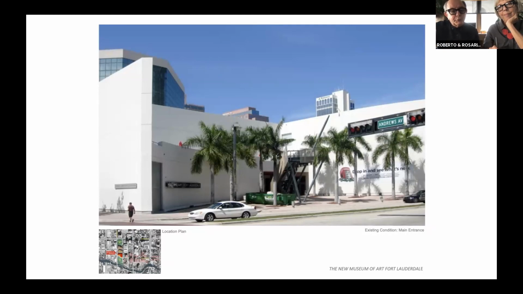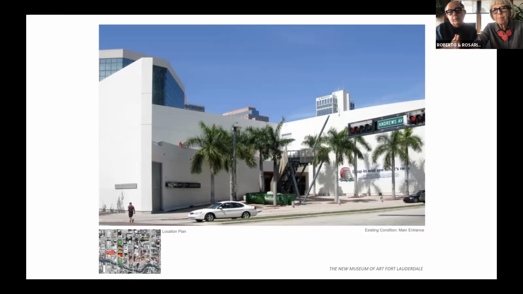After doing the living room, it had a great degree of success here, there, more or less everywhere. And the Museum of Art in Fort Lauderdale asked us to somehow attempt to correct, again, a bunker-like building. Imagine that you're in Florida, right? Fort Lauderdale is close to Miami, north of Miami. It's a very warm place all year round.